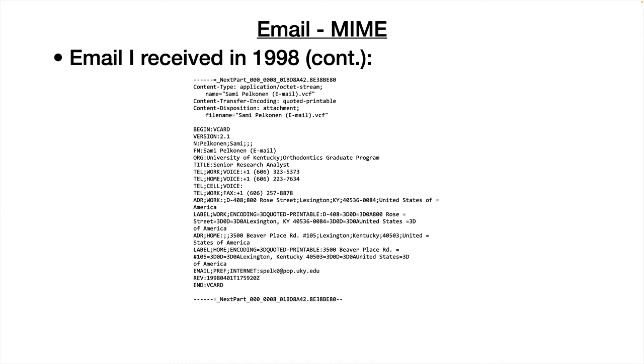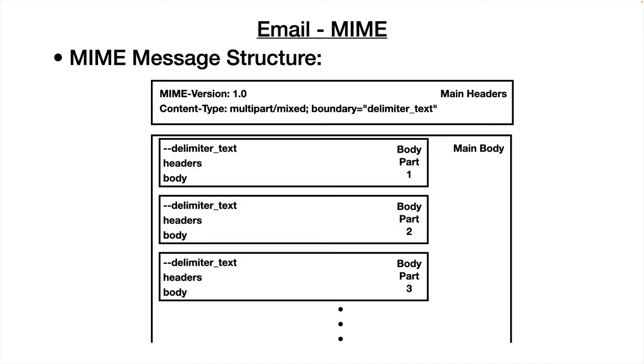So, breaking this down into more generic things, we have headers. The header is going to tell us that it's MIME and what version it is. It's going to tell us that the content type for the entire message is mixed, and then it's going to give me delimiter text. Then that delimiter text is going to appear, and I'm going to have a chunk of MIME encoded information, which is going to have headers and a body. I will have that delimiter text again,